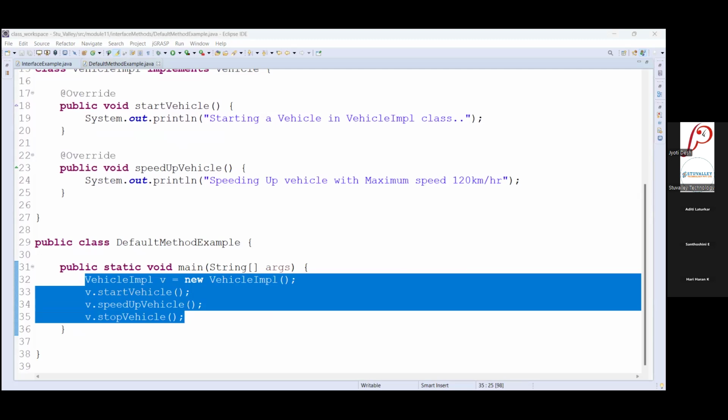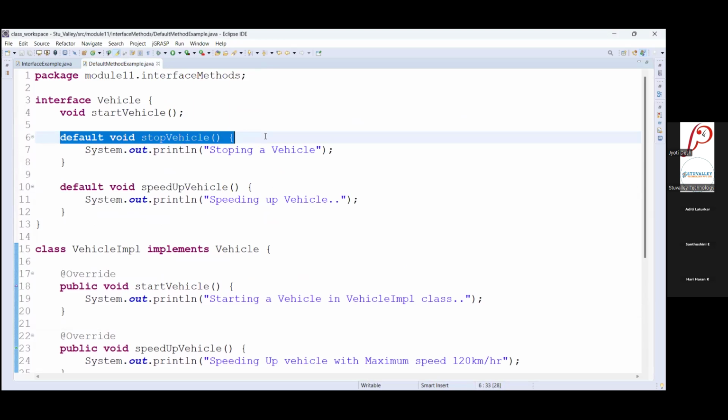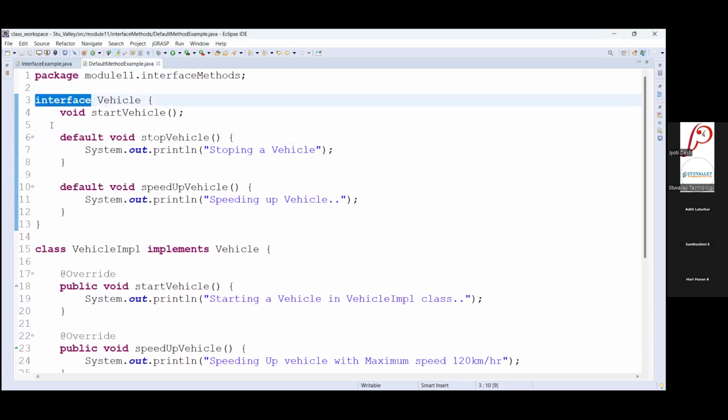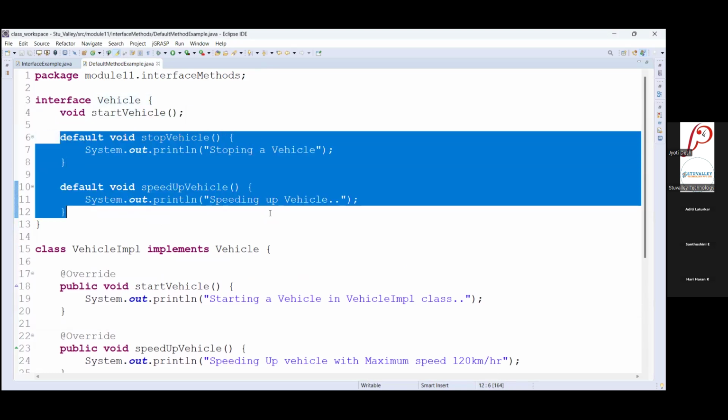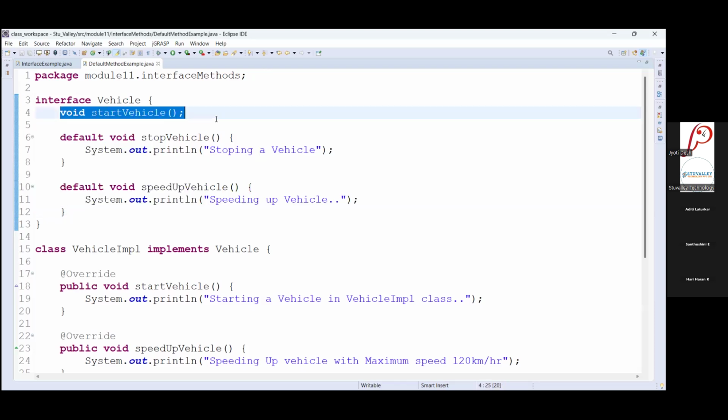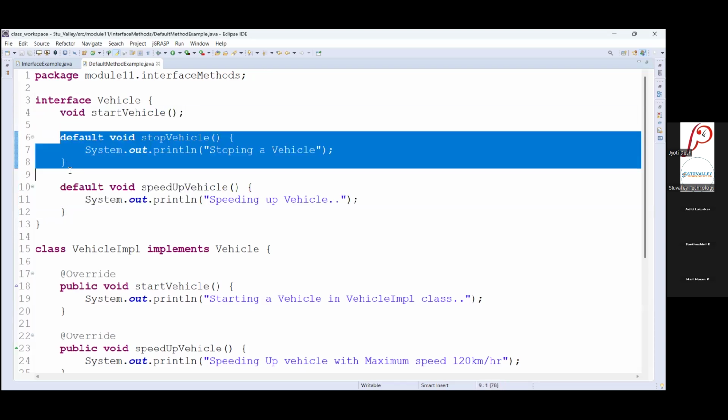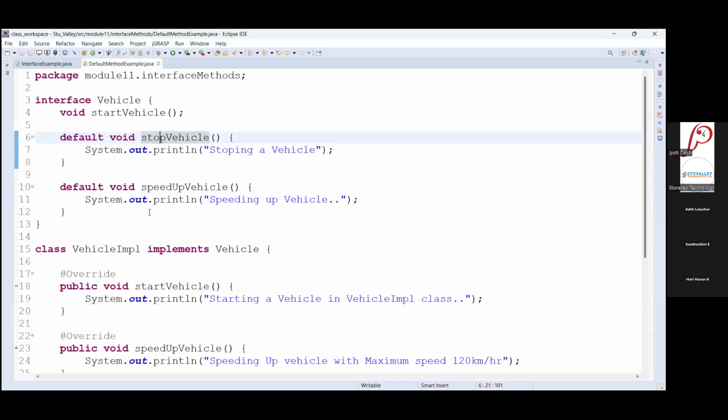So here you can see that these default methods also have public accessibility because all the methods of an interface are public. We are not mentioning the accessibility here, but these methods are by default public. This is not an abstract method, it is a concrete method, the default method.